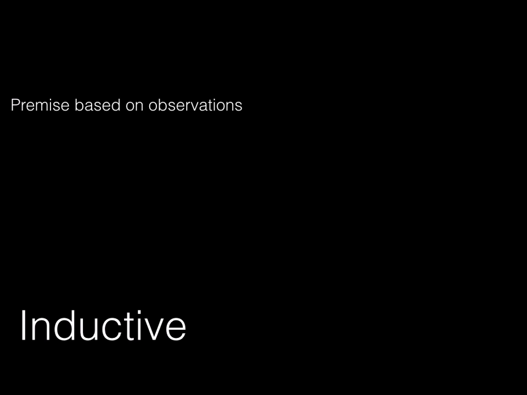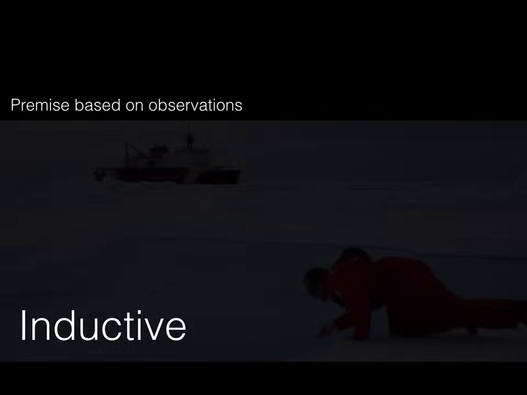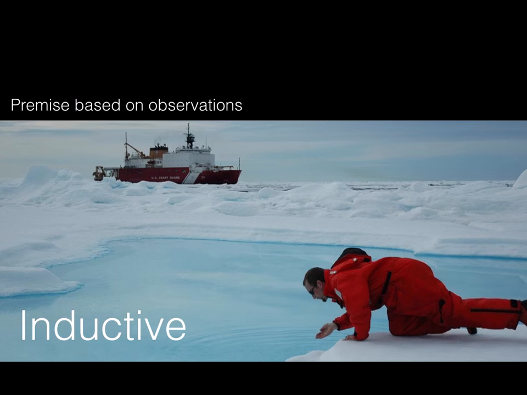The inductive process goes through and takes a look at things. It's a premise based on observations. So we can see the sloughing of ice sheets happening in the polar ice caps. We can see altered migratory bird patterns and animal patterns. We can feel warmer seasons. And all of these observations can lead to a conclusion that perhaps there's some kind of climate change going on.